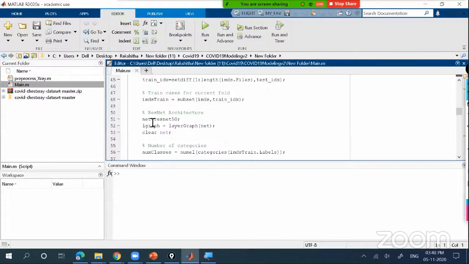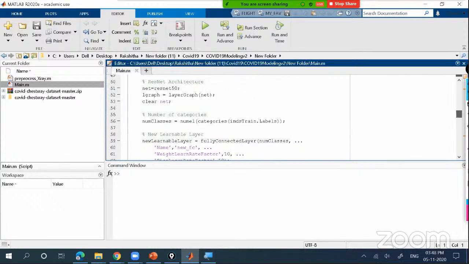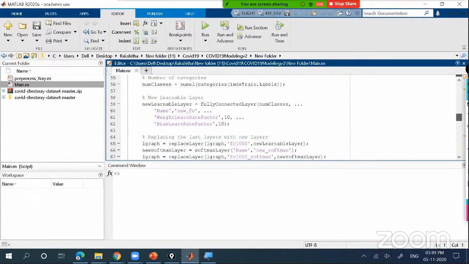You use net equal to ResNet 50, right? Previously we used AlexNet, GoogleNet, right? And now we are using ResNet 50. Then clear the network, and you can check the number of categories, and whatever layers are there, in that you will set the weight learning factor as 10 and the bias learning factor as 10. Previously we had given it as 10 and 20. And then in the fully connected layer,